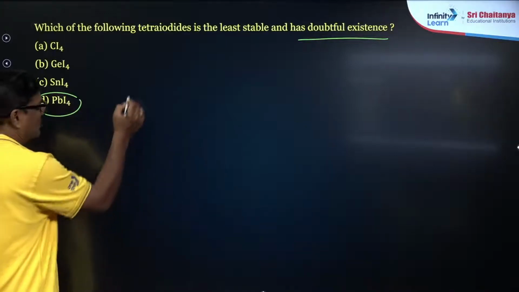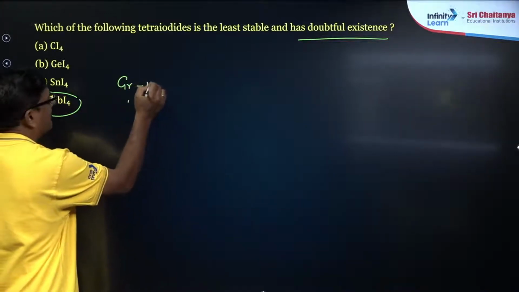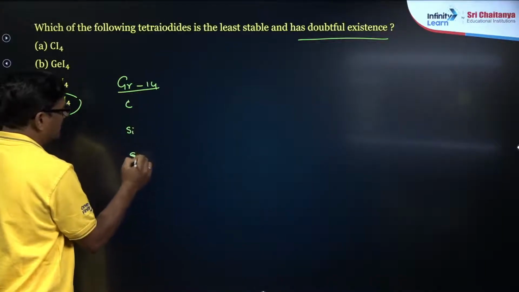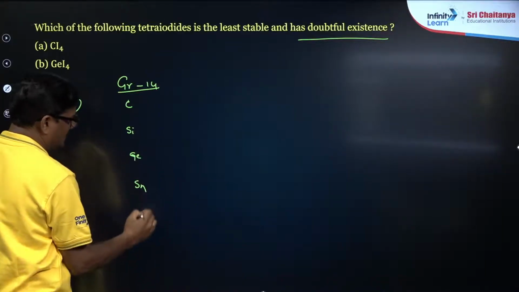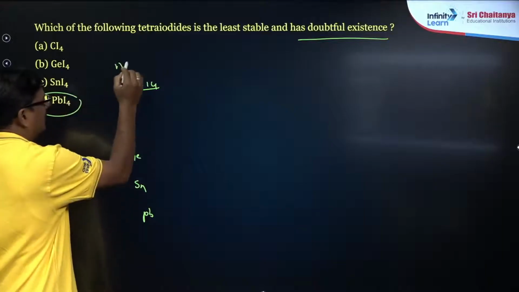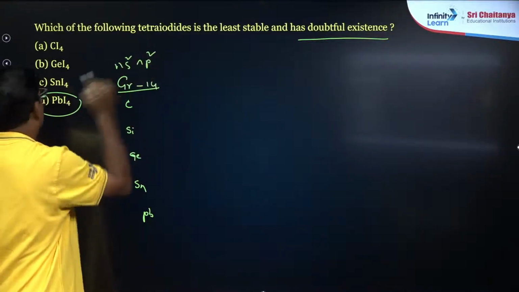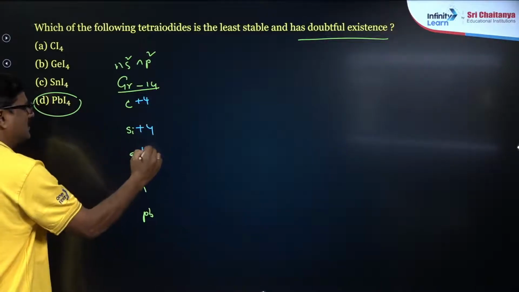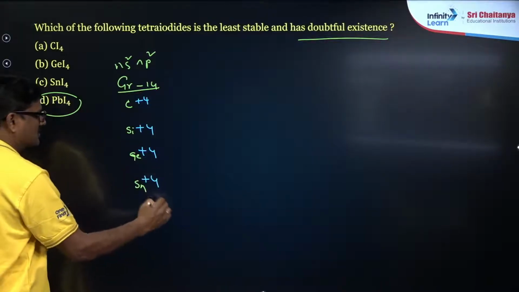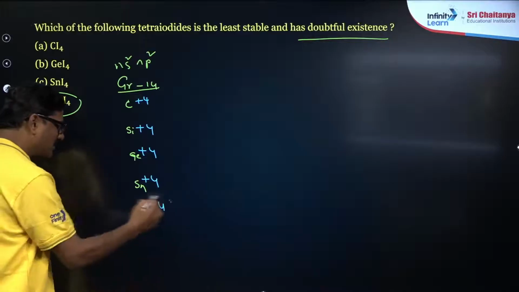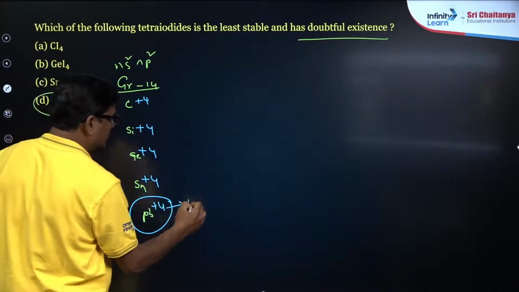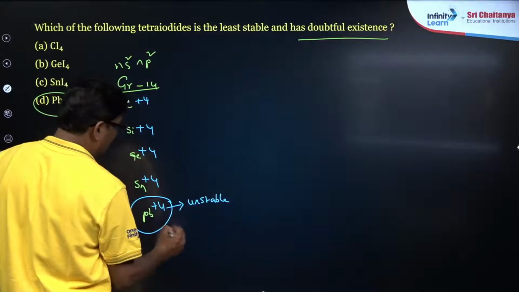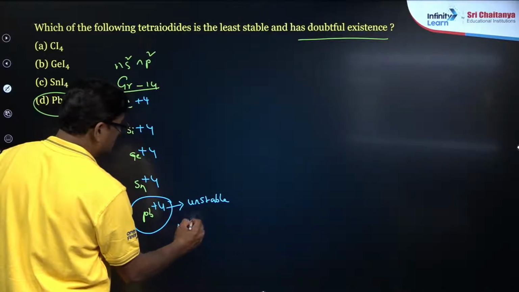PbI4. You see group 14: carbon, silicon, germanium, tin and lead. They have ns2 np2 configuration. Therefore, they can have +4 oxidation state. But Pb +4 oxidation state is unstable. Rather, it shows Pb +2 is stable